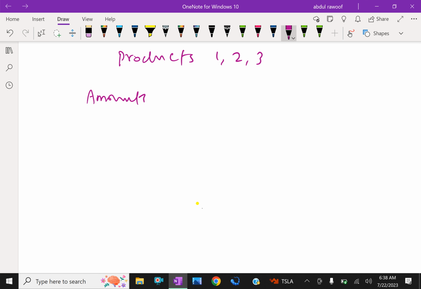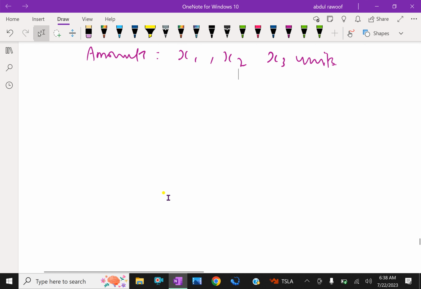The amounts that decide the extent of products 1 to 3 are x1, x2, and x3. Respectively, these are x1 units, x2 units, and x3 units. Now express the feasible alternatives mathematically in terms of the variables. Feasible alternatives are those which are physically, economically, and financially possible. In the given situation, the feasible alternatives are the values of x1, x2, x3